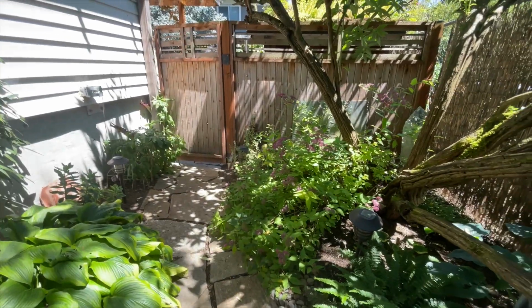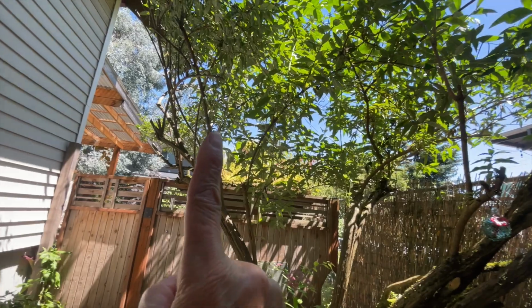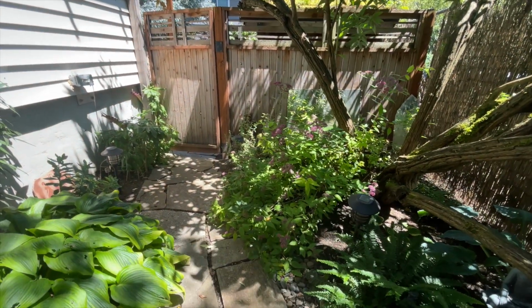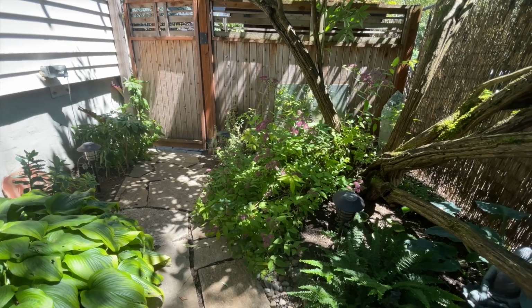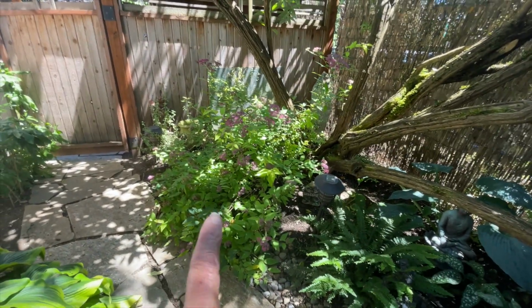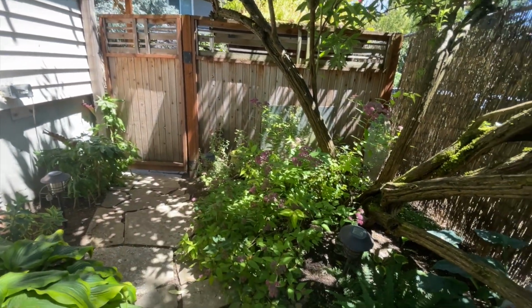Since I trimmed this butterfly tree that was probably once a shrub, this is now getting a lot of photosynthesis to make it beautiful. Picked it up from the ground. It is a little bit shaded here right now, but this plant here was actually around the corner, and I